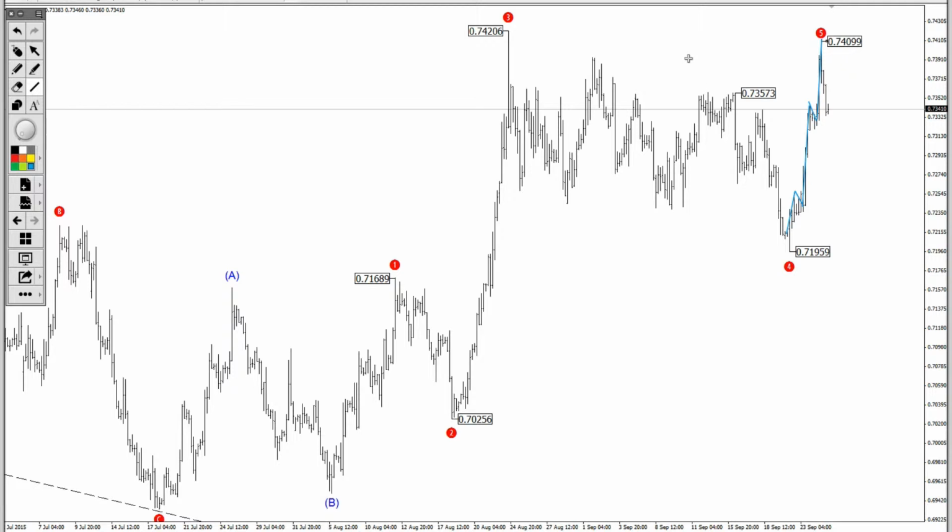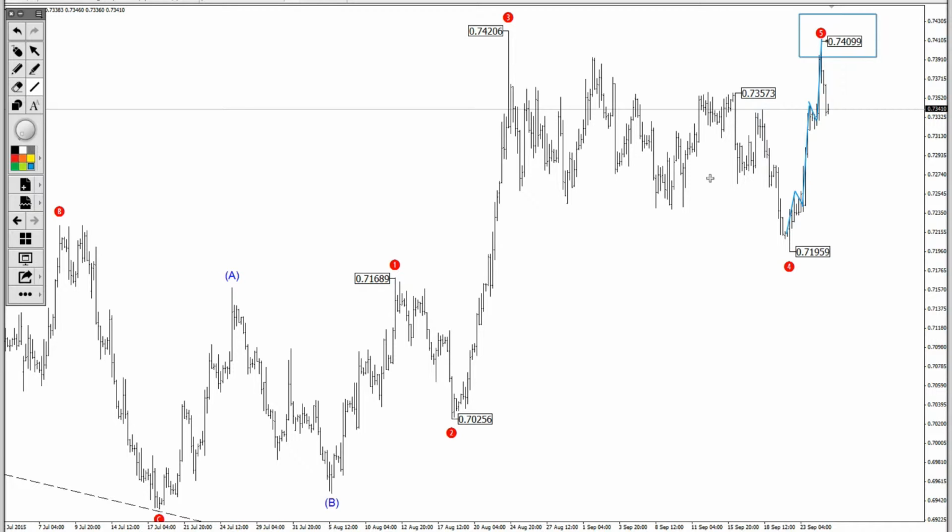It still didn't make a new high, so it is treated as a truncated 5th wave, if this is indeed the top which has now formed. I have labeled it as the 5th wave, and I am expecting more downside in Euro Pound. So 0.741 would be the end of the very large corrective phase,